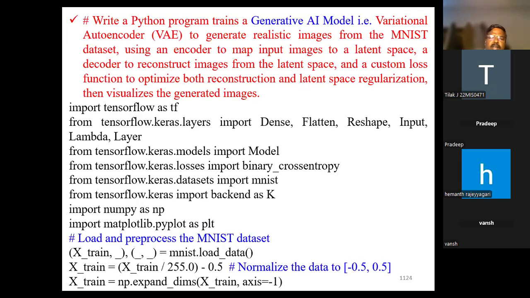And this is one more program by using a variational autoencoder, same dataset. Write a Python program to train a generative AI model, that is a variational autoencoder VAE, to generate realistic images from the MNIST dataset using an encoder to map input images to a latent space, a decoder to reconstruct images from the latent space, and a custom loss function to optimize both reconstruction